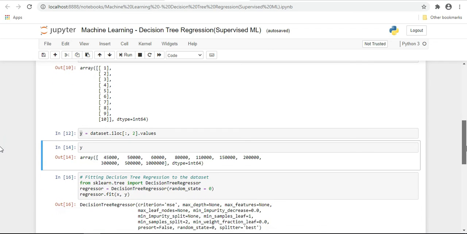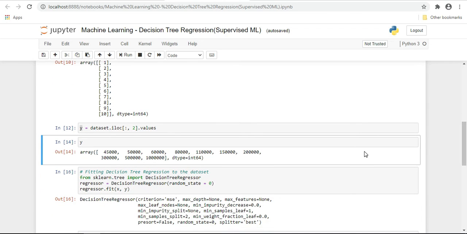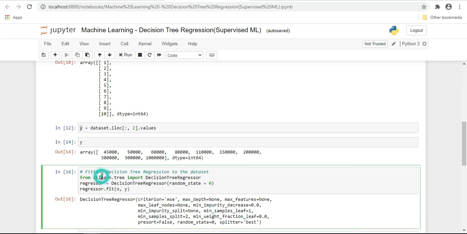Now we will fit this data into our decision tree regressor. So we will import DecisionTreeRegressor here. From sklearn.tree, which is our library and sub-library, we will import DecisionTreeRegressor.